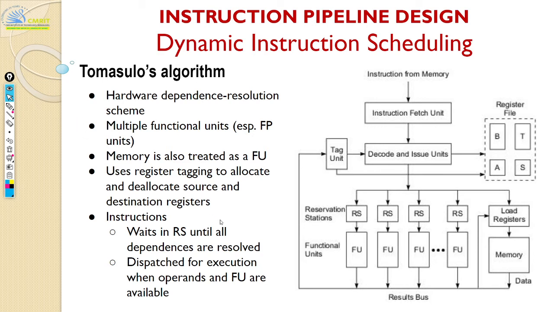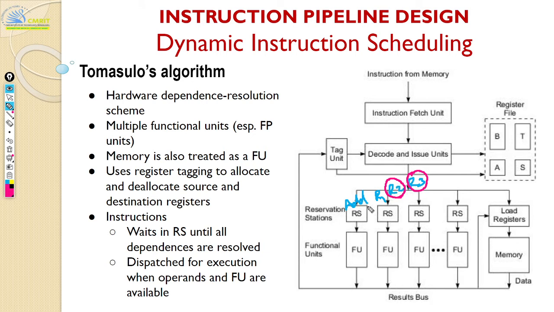And then the instructions are dispatched for execution when the operands and the functional unit are available. That is something very important. There are two things why an instruction will wait. Let us say add r1, r2, r3. This is going to wait here until R2 and R3 are ready. You need the data in R2 and R3 to be ready. Only if R2 and R3 are released by someone else can your adder proceed. Until then you have a dependency.